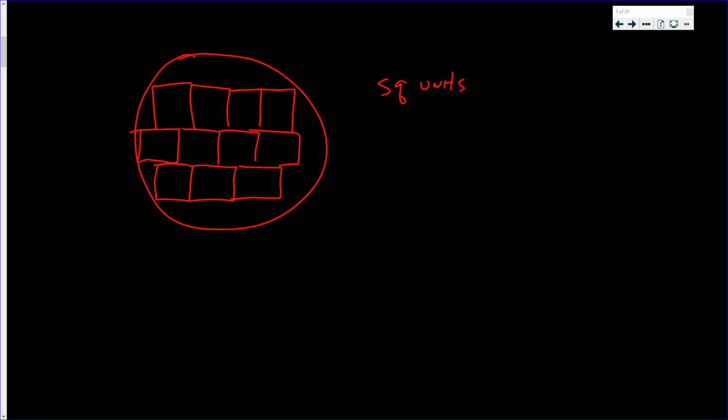Now, suppose that the area of that circle is 20 square units. Again, this is 1 unit by 1 unit, each of them. So we have 1, 2, 3, 4, 5, 6, 7, 8, 9, 10, and 11 so far. Now, here's the thing. If you took a pair of scissors and